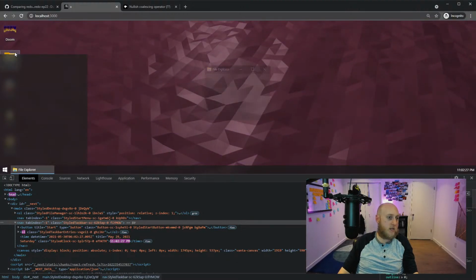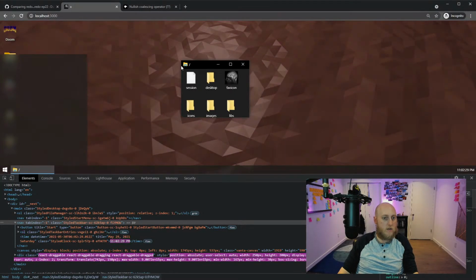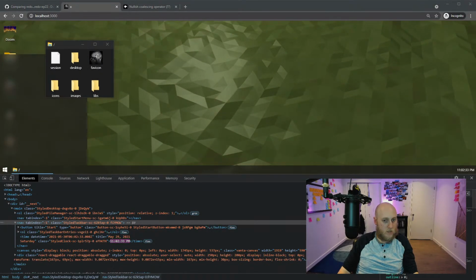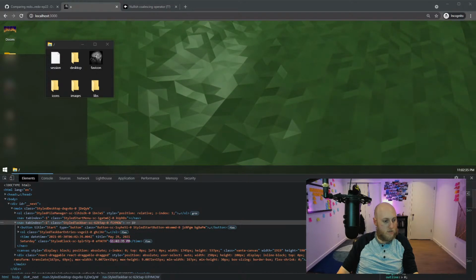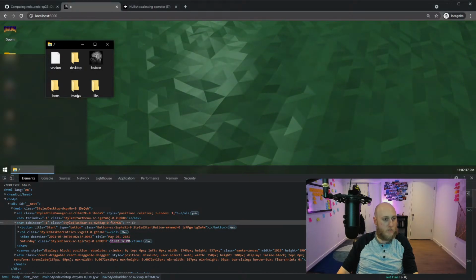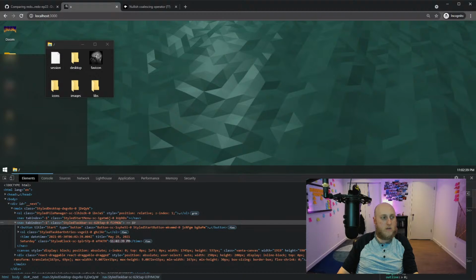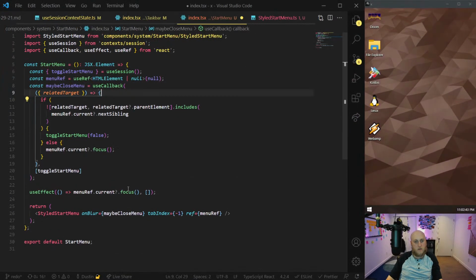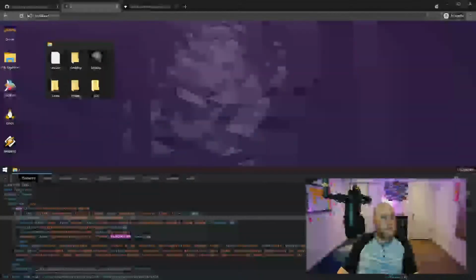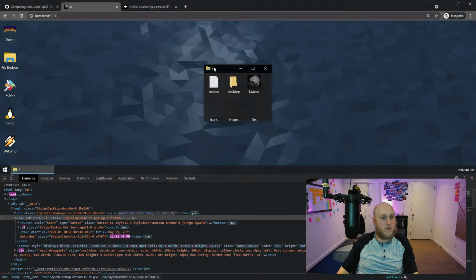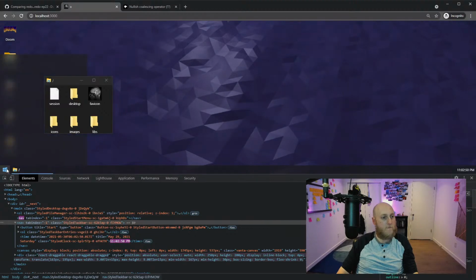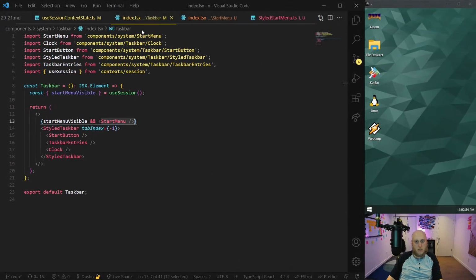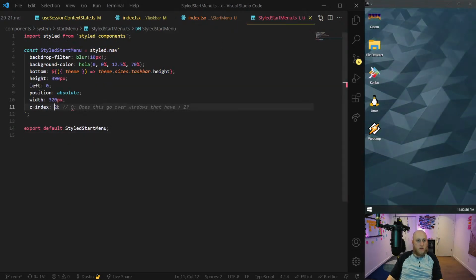Let's try the z-index thing, because that was another question I had. Oh, okay, yeah, that's wrong, I think. How is that on Windows? Let me try this. Yeah, the start menu should always be on top of the windows. Let me get the blur logic back here. Let me fix this. There we go, that's back. I don't think it's going to make a difference, though. So there's a window here. Okay, that's wrong. That was the concern I had. Where did I set z-index again? Right, that was in here.